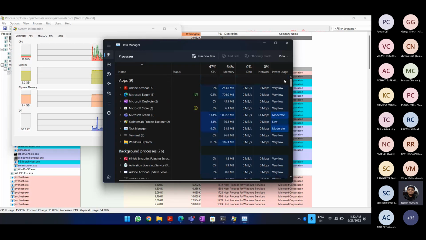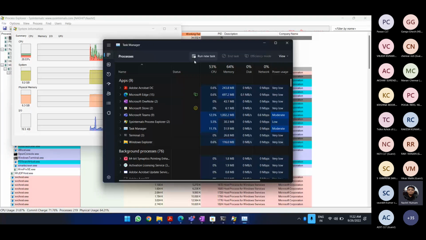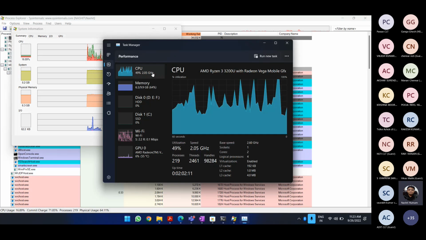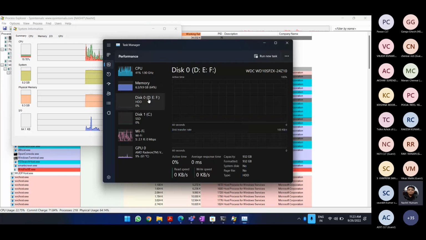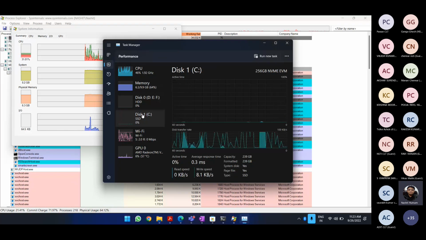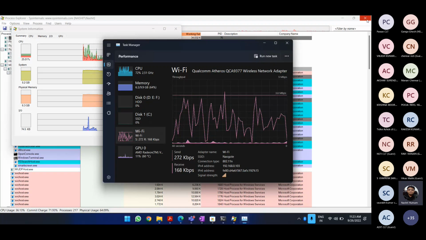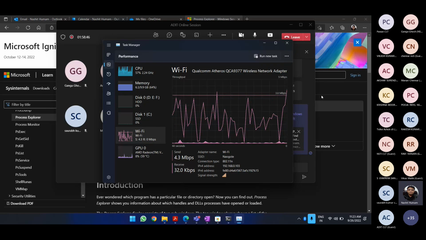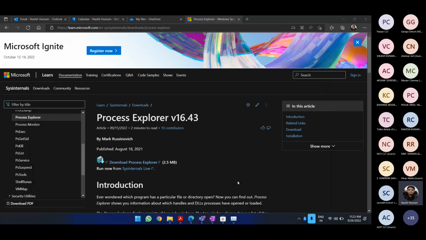So we can figure out the different applications that are running, though I am using only these many applications. Now I have the real time statistics as well: the CPU, how much CPU is being used where, how much memory is used where, disk usage, disk one usage, the internet connectivity it is using. So this is what I would suggest to use more as compared to the Process Explorer. But you know how to do it, and you would be able to do it.